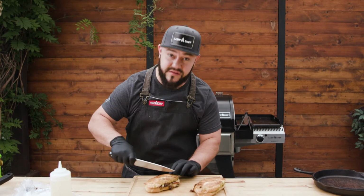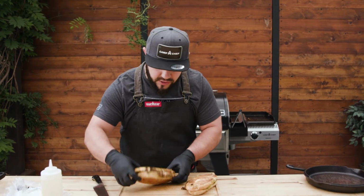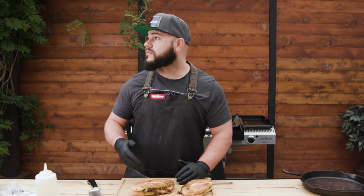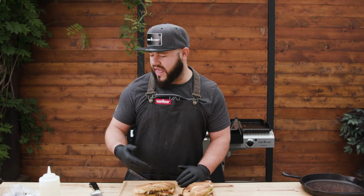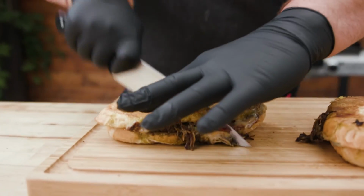Check it out, look at this. This is what you want. You want to make sure that your Cubano is toasted and pressed, whether you're using like a panini style or you have like a griddle that has like ripples on it so you can create that grill mark. You want to make sure that it's compressed, pressed down, hard diagonal cut,